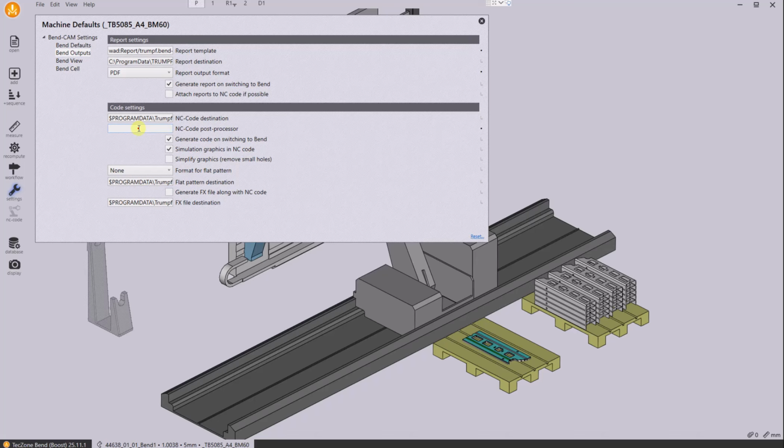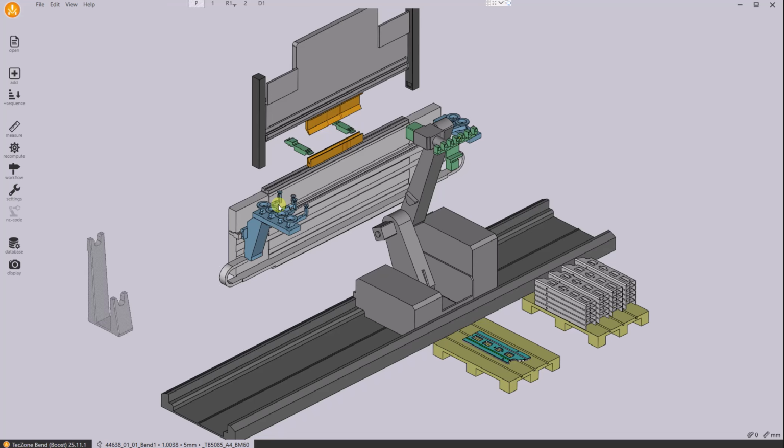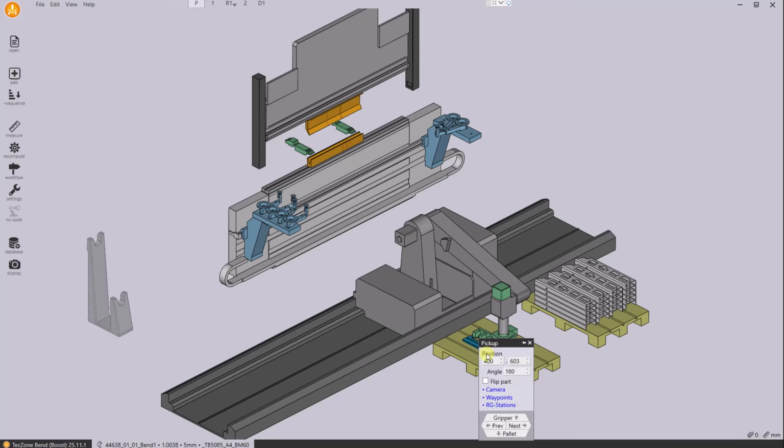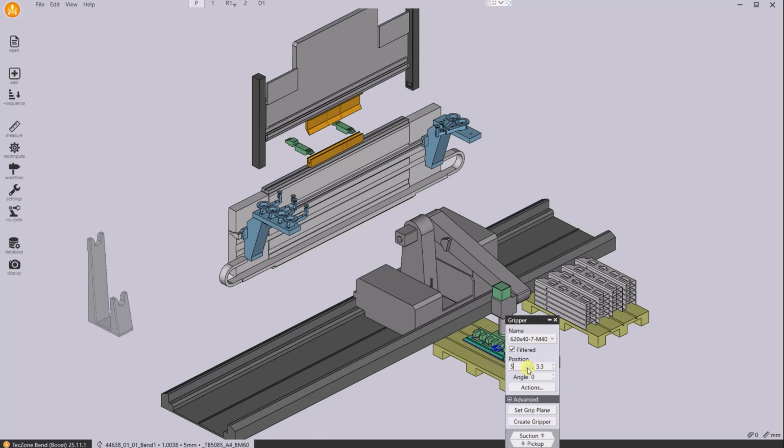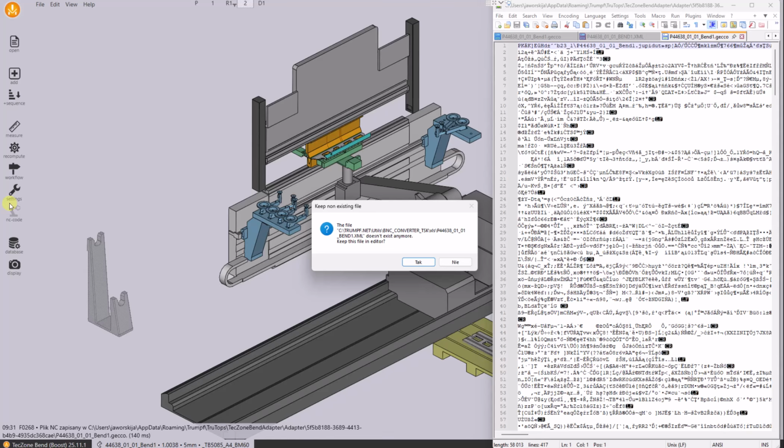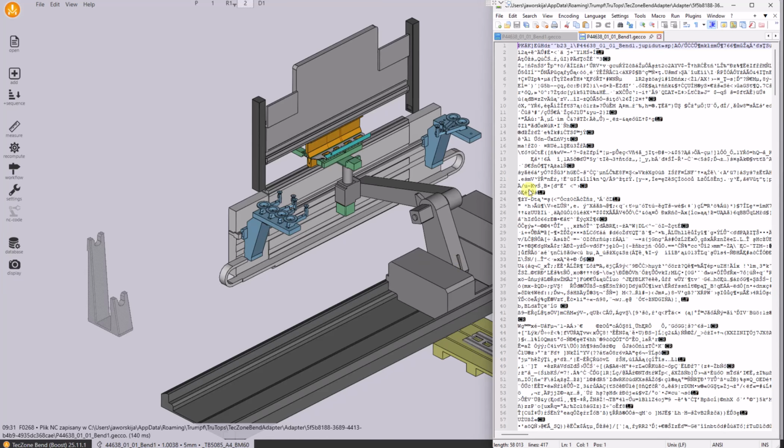I copy here the path of the Notepad++ exe. I close that, and I will try to force the possibility to create the NC code again. I change a little bit the position of the gripper, then I set it back, and now I'm able to start the NC. And what is interesting, the system started Notepad++,